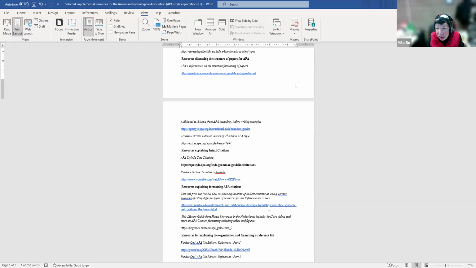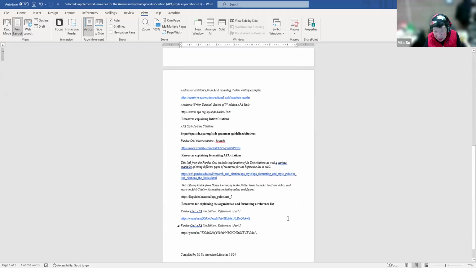For example, up to the 6th edition, books included the location. No one does that anymore. They just have the name of the publisher. But I know that I have to double check my citations because sometimes they still put the location in and then I have to go back and take it out. So we're trying to give you some experienced advice on working with citations. So anyway, that's what I did.